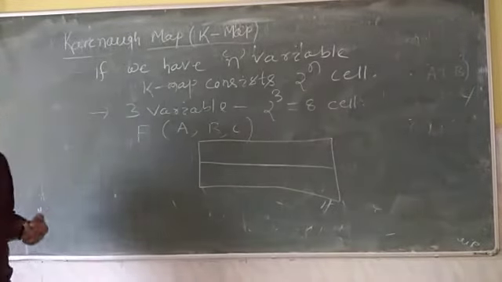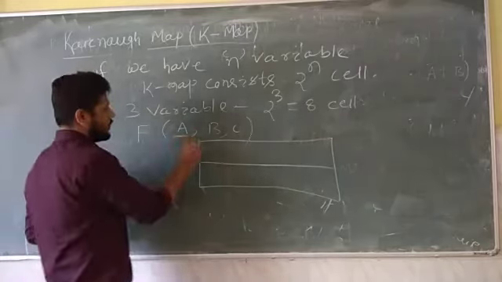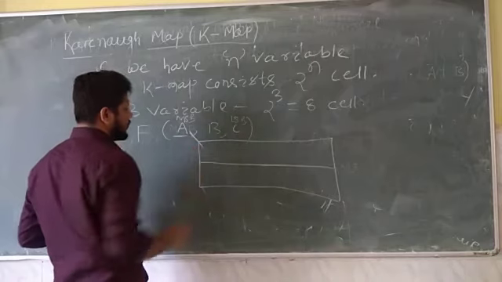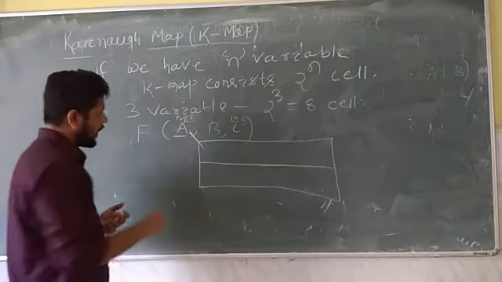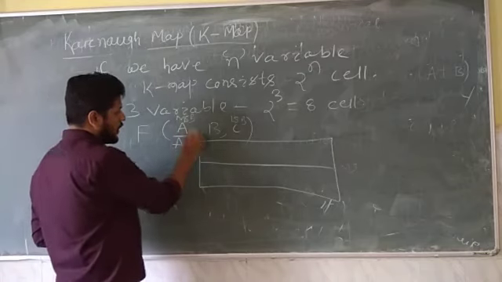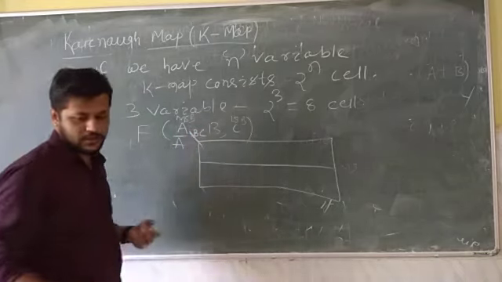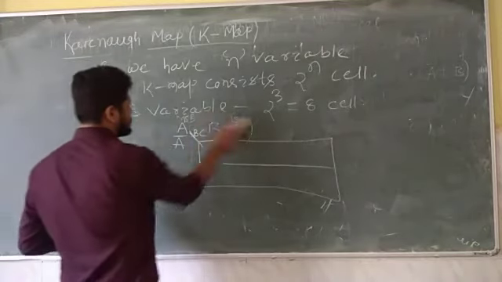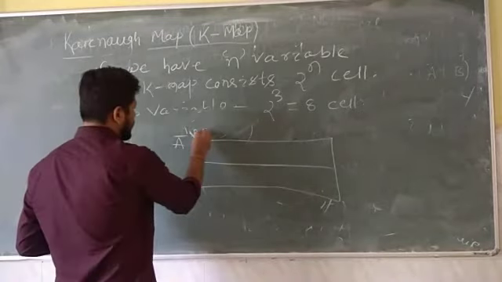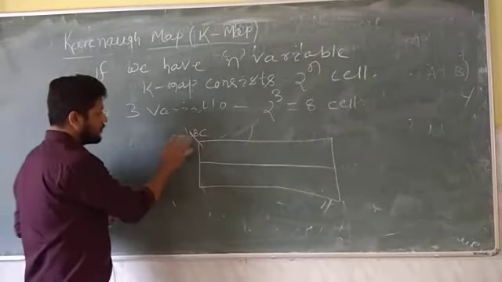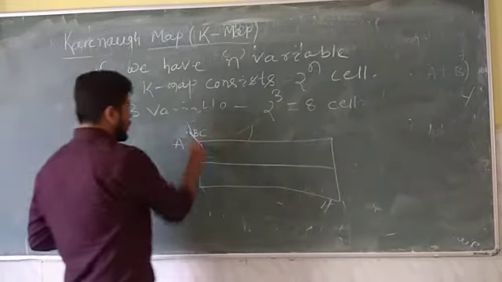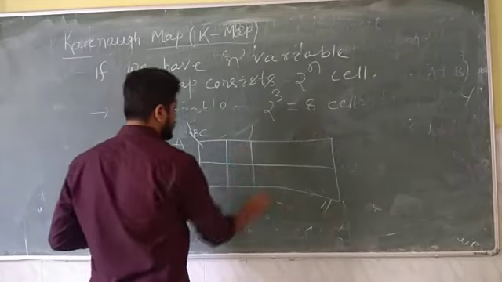So just write this. Here MSB is A, this is your MSB and this is your LSB. So always draw like this: draw a line, write the MSB here, A, and the LSB as BC. The MSB term is always written here. So A is written here, and write the term BC and divide this like this.